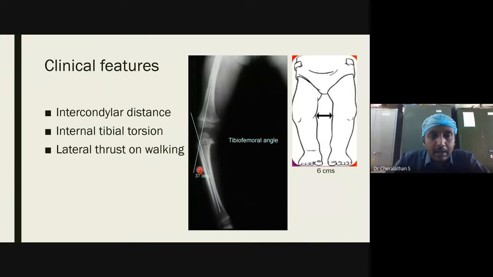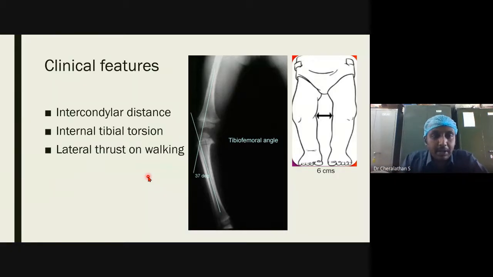Okay. And like in valgus deformity, you saw that the secondary manifestation will be a pes planus or a flat foot. Here, usually we can have an internal tibial torsion. Because of the varus deformity, the proximal tibia is rotated so that the tibia itself undergoes intorsion. The proximal tibia goes out, the distal tibia comes in, or call it an intorsion deformity. This can also happen.